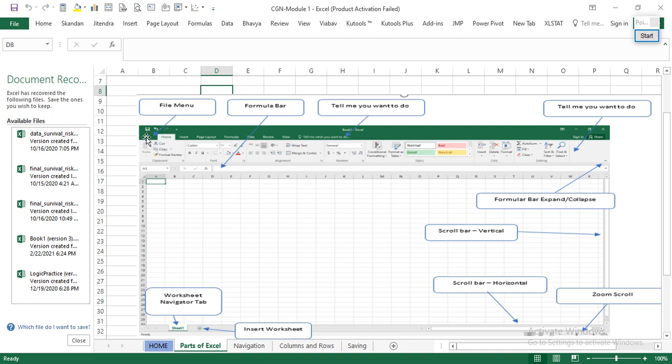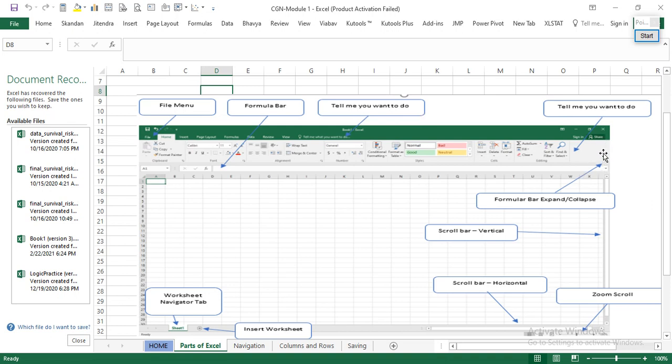Each of the menus is associated with a drop down, which is known as the ribbon. And then you can use help, where you tell me what you want to do, and then here this will collapse